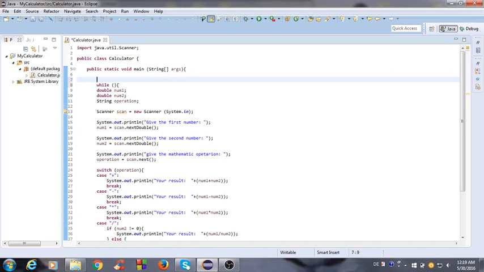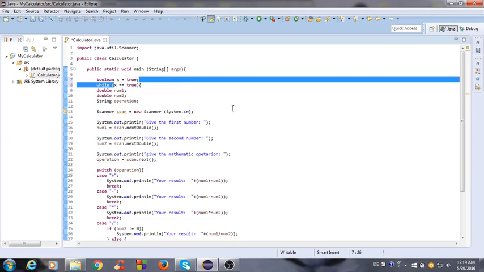Now let's think how to make that always this condition is positive so that the program always repeats. I would make one boolean. Boolean is one type in Java that could be true or false, and make it the name x is true, and then say while x is true, repeat the program,